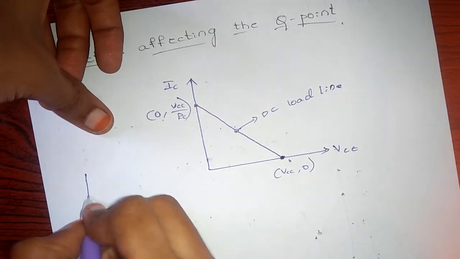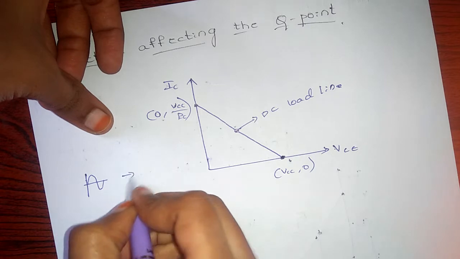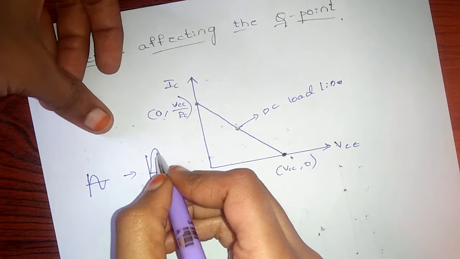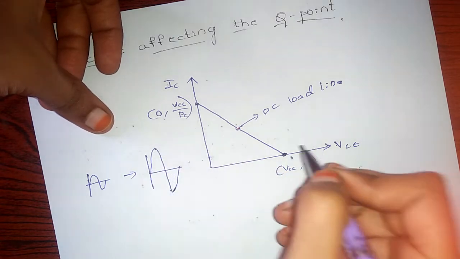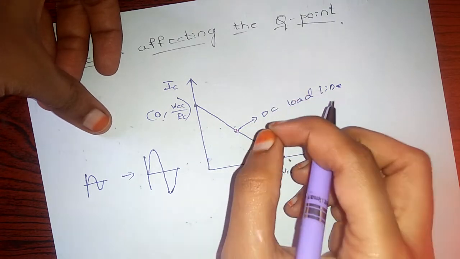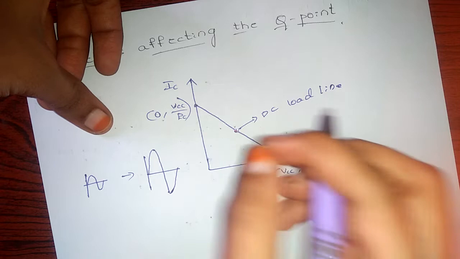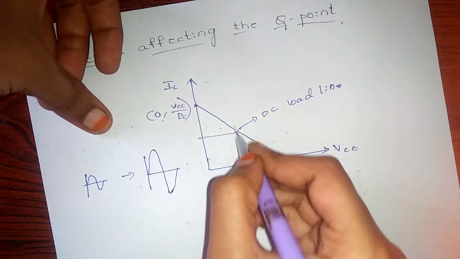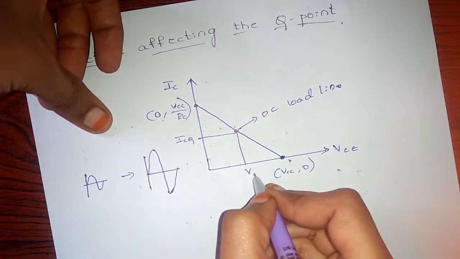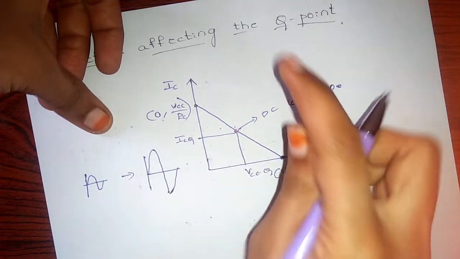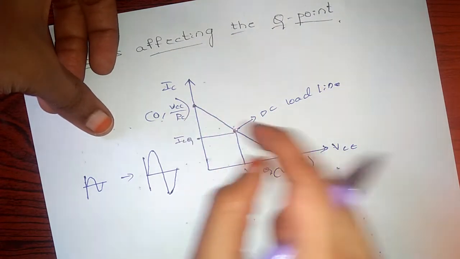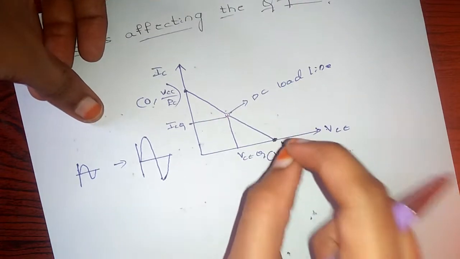For example, we give the transistor an input like this. To obtain the output in an amplified manner without clipping the positive or negative peak of the signal, we have to choose the operating point very selectively. At this time we get two quiescent values, ICQ and VCEQ. So what is a Q point? The zero signal values of VCE and IC of a transistor are called the operating point of a transistor.